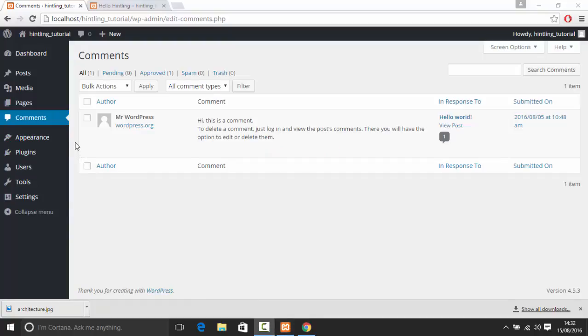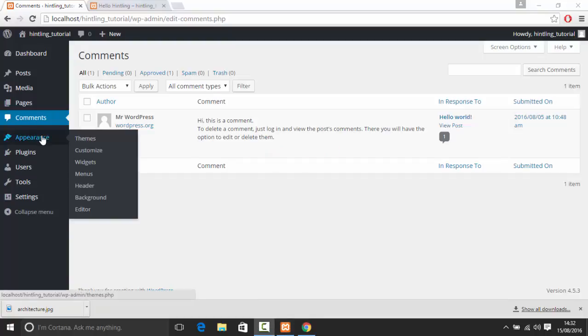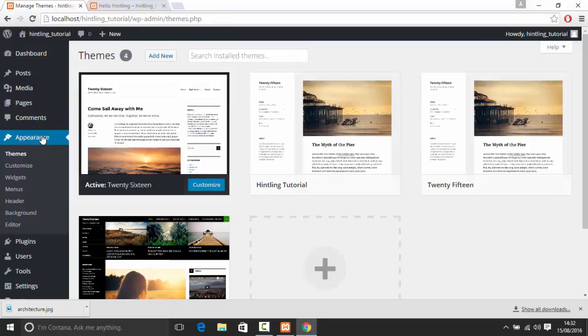Our next section in the menu over here is your appearance. That will be your HTML and your CSS. However, it's done in a way so you don't really have to work with the CSS and the HTML. So if you just want to change the color and things like that, you can do it depending on how your theme is built. So if you click on appearance, the first part in here will be your overall